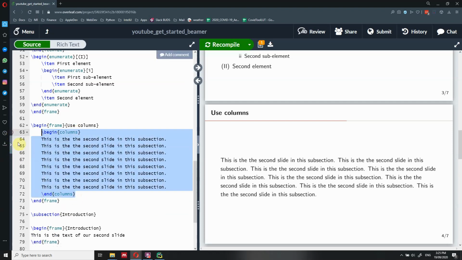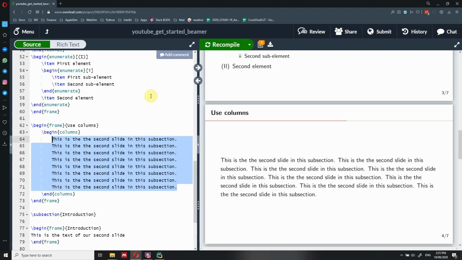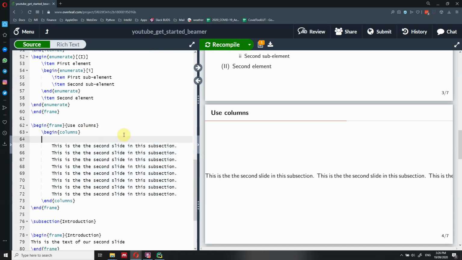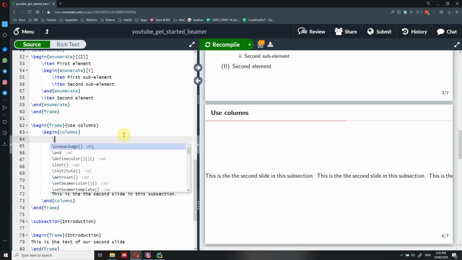Again, I like to have things a little bit indented, so it's easier to follow along, at least in my opinion. So we have added the columns, but we haven't added this text inside a column itself. In order to do that, we need to add this other column. We have added the columns, so these now can hold columns, but we haven't added the column itself.